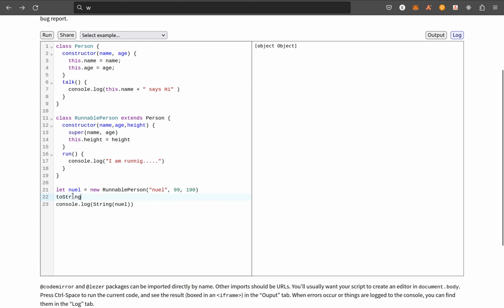In fact, we say that this toString method is defined on the base prototype from which every object in JavaScript inherits, which is Object.prototype. So it goes through the prototype chain of this object, and when it gets to this point, it sees the method